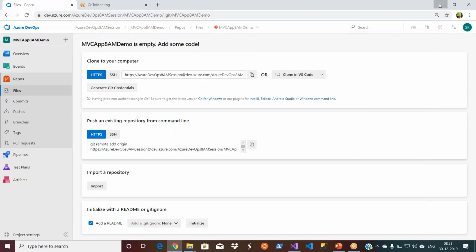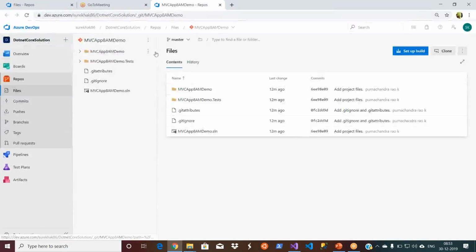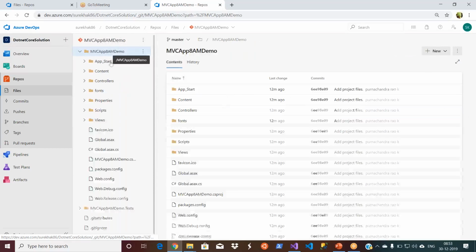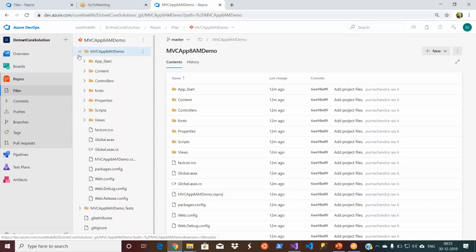Did I send it to the same thing, right? Okay. I clicked on advanced, and I gave another name actually. So it created under MVC app 8am demo. It pushed my two projects. These are the projects you see in your local. Okay, and if I see here, it already added a Git,